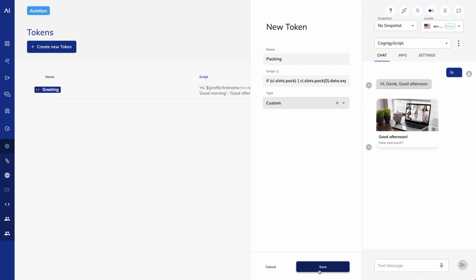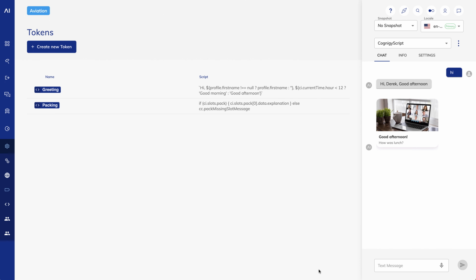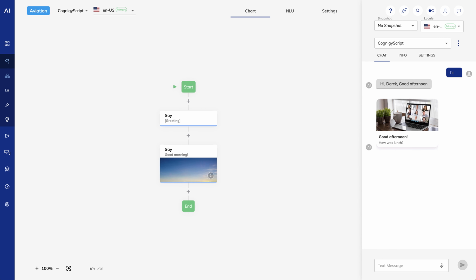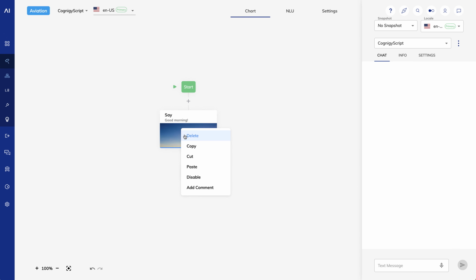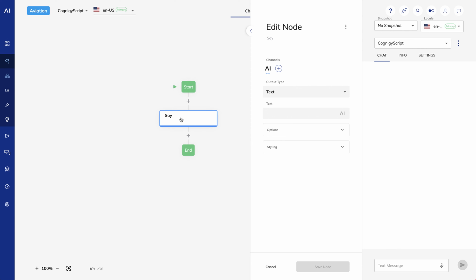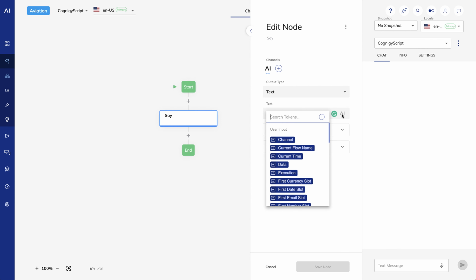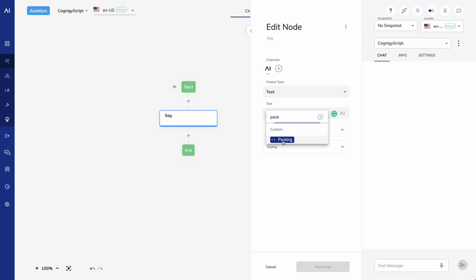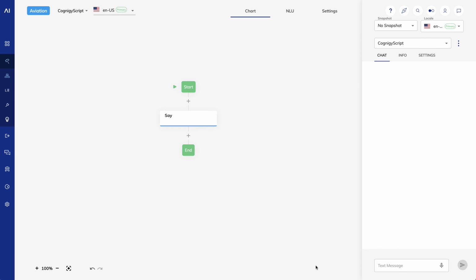Now I'll return to my flow. I'll delete our work so far so we can start with a clean slate. I'll create a say node and add my packing token, and save.